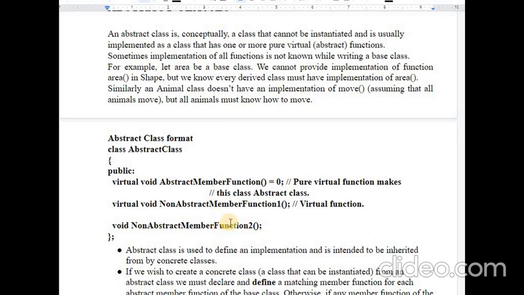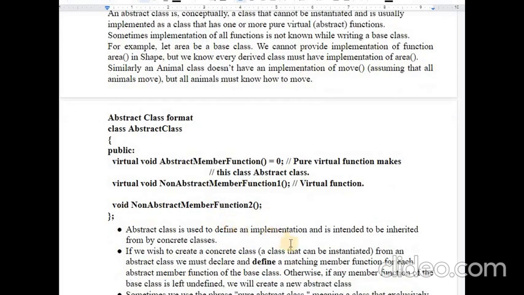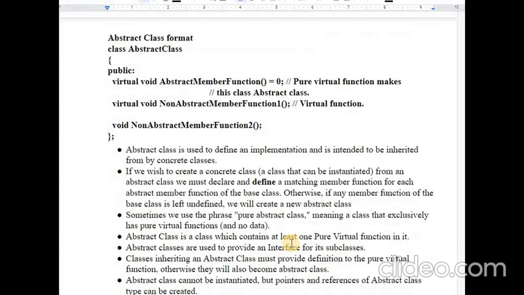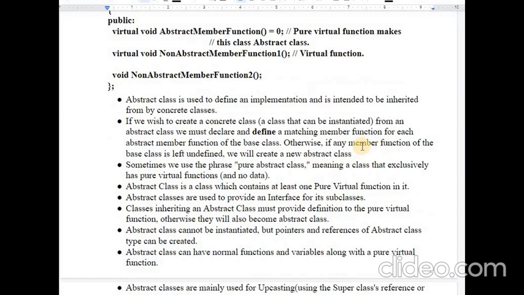So abstract classes are used to define the interface and are intended to be inherited by all the concrete classes. Sometimes we use the phrase pure abstract class, which means a class that exclusively has pure virtual functions and no data.